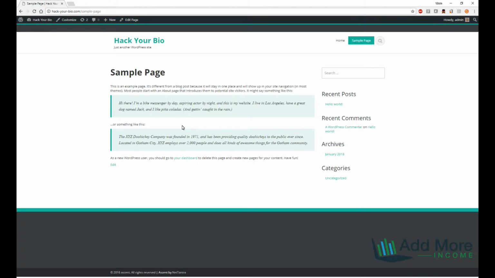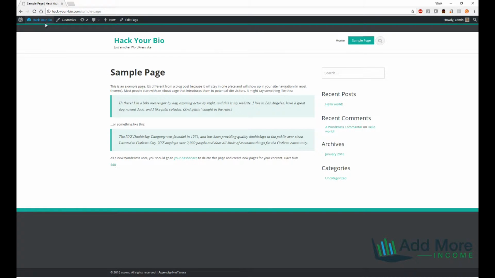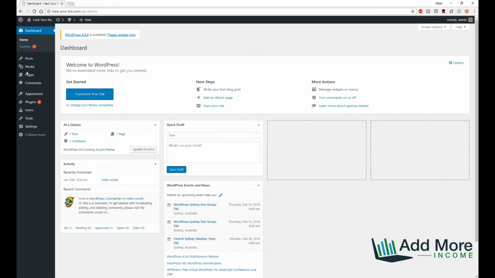Now let's change some settings in the menu of your dashboard. So we'll just run into the dashboard. And as you enter the WordPress dashboard, you'll notice on the left-hand side, you've got posts. This is where you create your posts, and pages where you create your pages. You also have settings. So we're going to just make sure some settings are switched on before we start creating pages. So if we go into the General tab,